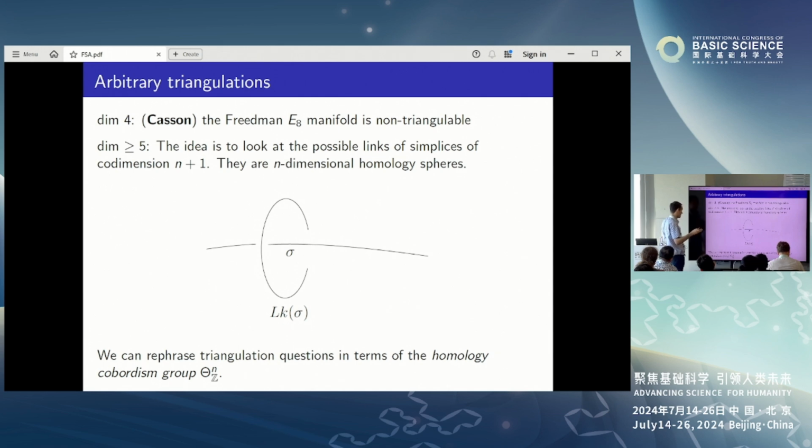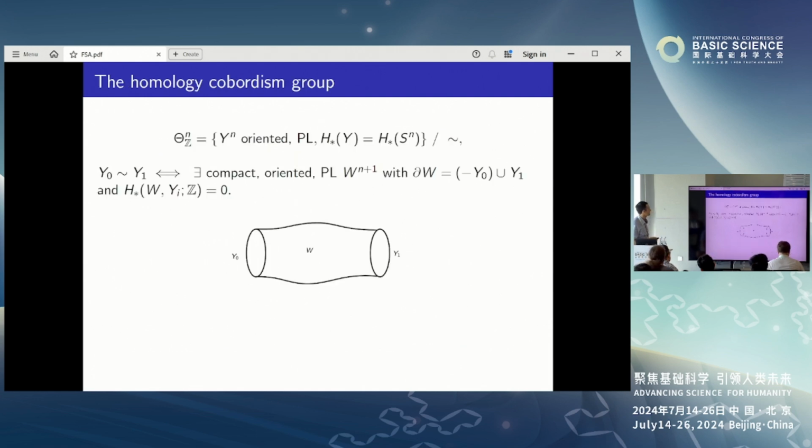I mean, it's a whole theory that I'm not going to talk about due to Galewski-Stern and Matumoto from the 70s. But they rephrase all the questions about triangulations in terms of a group made of homology spheres. Okay, so let me tell you what this group is. It's called the homological bordism group. There are different versions. I'm going to talk about the PL version. So it's made of PL manifolds with the homology of the sphere, the same homology, up to some equivalence relation,